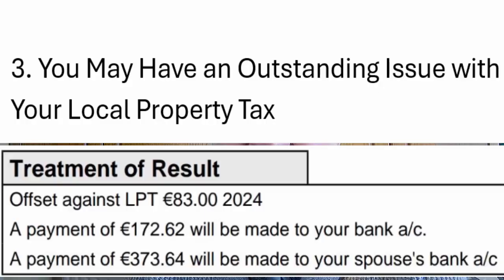3. You may have an outstanding issue with your local property tax. If you don't file your local property tax return, Revenue would withhold any refunds being issued to you as you have not complied with the LPT filing rules. Another LPT issue comes with underpaying or not paying your LPT or local property tax, with any refund you are due being offset against your local property tax underpayment, as shown here on treatment of